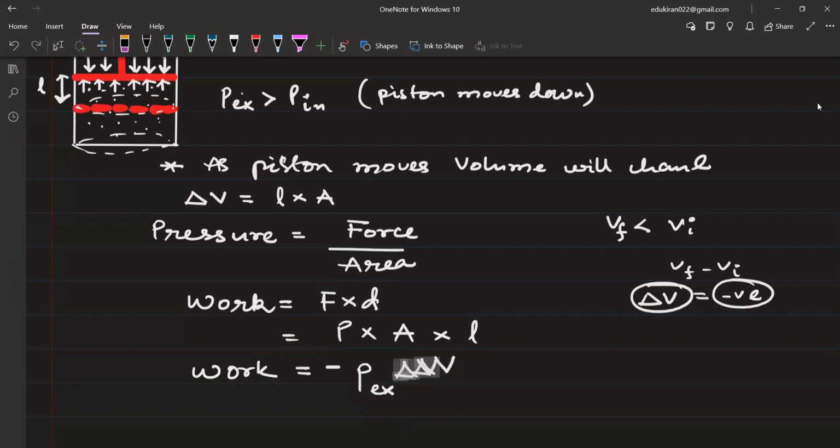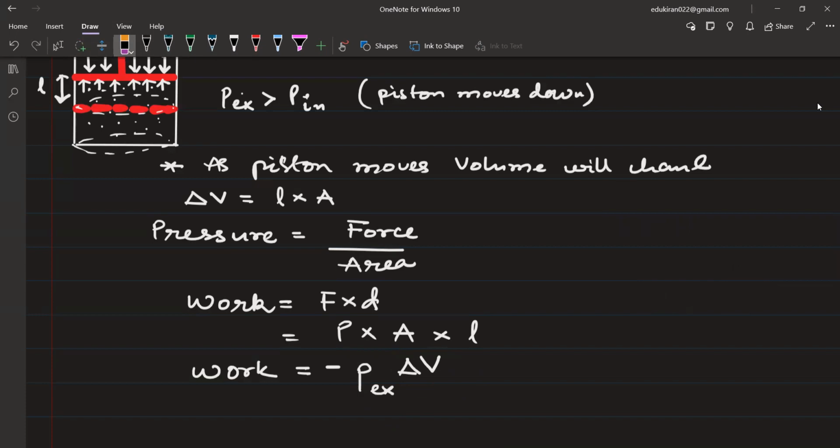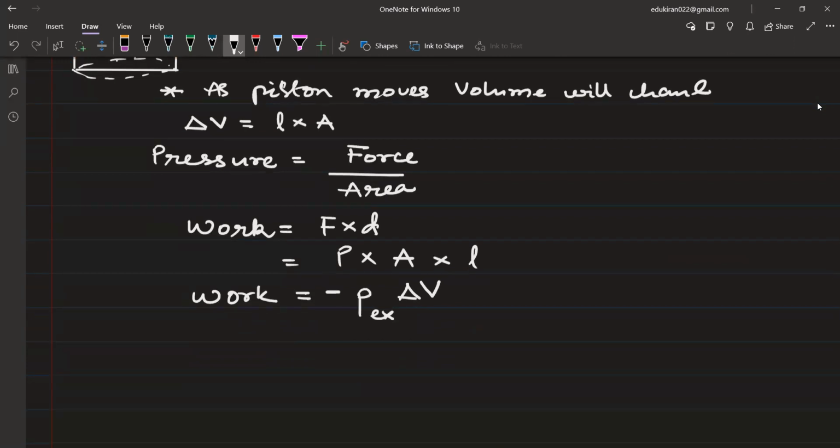Tell me, guys. Delta V, we are going to change, will always be positive ना, तो इस वजह से negative sign यहाँ पे लगा दिया. That is going to keep the change in volume always positive. ठीक है? So see here. वर्क का आपके पास क्या फॉर्मूला है, माइनस पी एक्सटर्नल इंटू डेल्टा वी, ठीक है।